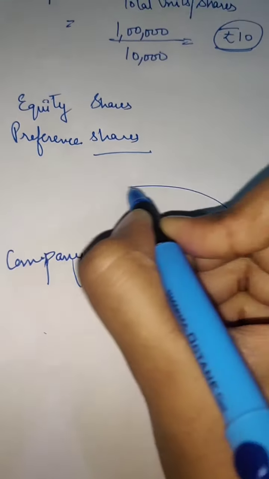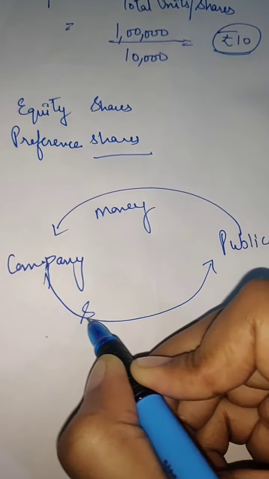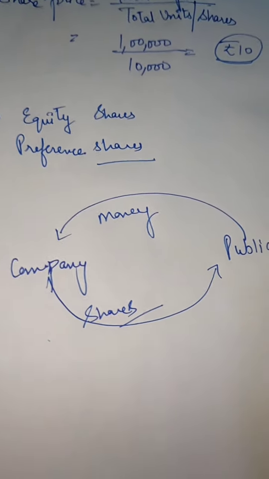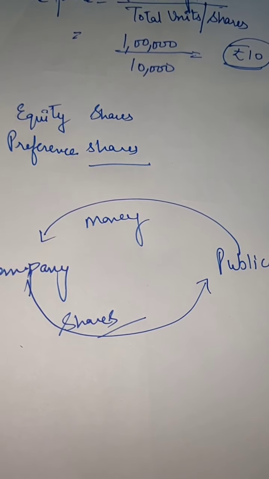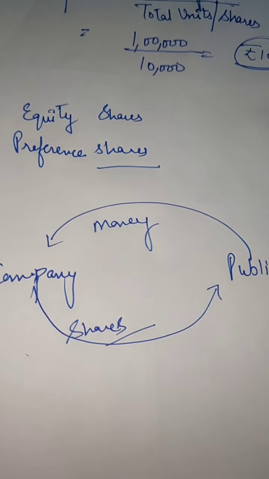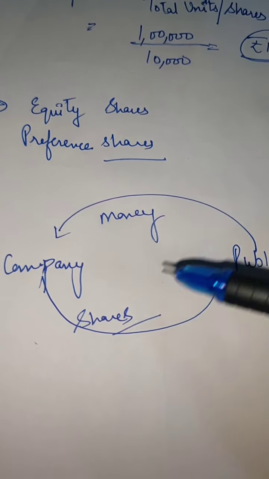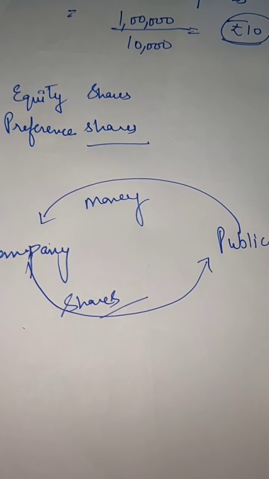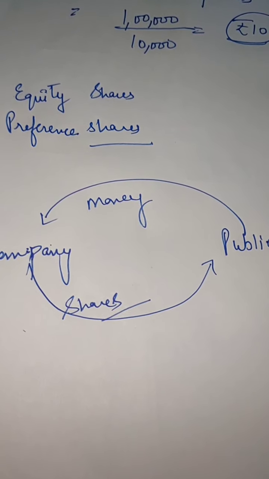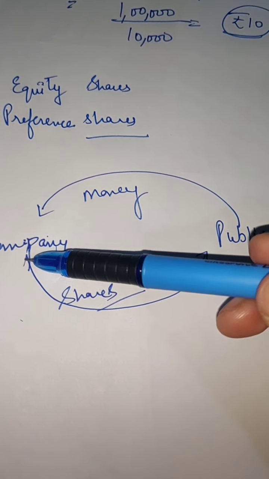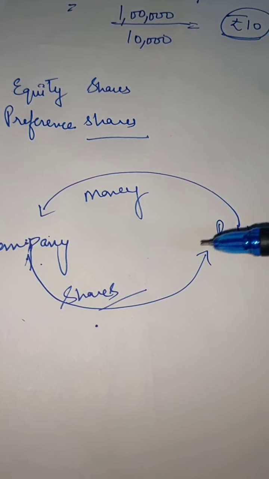The public will give them the money and the company will give them the share in the form of demat. Like in your bank account you can see how much money you have, in the same way in the demat account you can see how many shares you have of a particular company. So basically the company gets the money from the public and the company has to give the shares to the public, and it proves that the public is also part of the company now by purchasing the share of their company, and they have the right in decision making also.